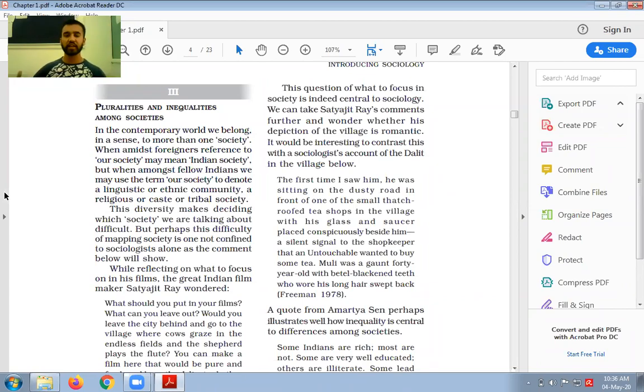We can easily say there that we belong to an Indian society. Why can we say that? Because those Americans don't know about the diversity that exists in our society, multiple diversities in caste, religion, and many aspects of life, right? So foreigners say that we belong to Indian society, and we can easily refer to ourselves that way. But when we are in our country, among fellow Indians,